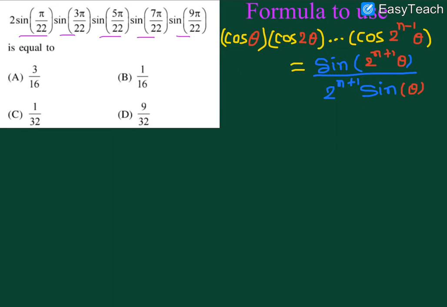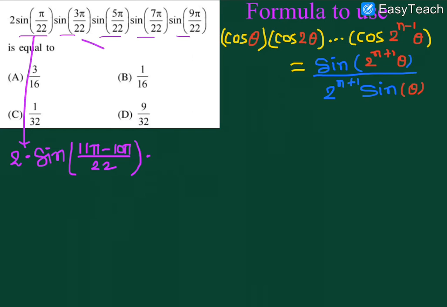Okay, now let's start this question. So it is given that we have to use this particular formula. If we use this formula, then each of these sine functions we have to convert in the cos. So let's write the 2 as it is. Then sine pi by 22, can we write it as sine of 11 pi minus 10 pi by 22